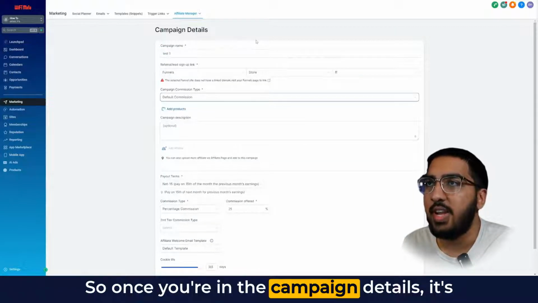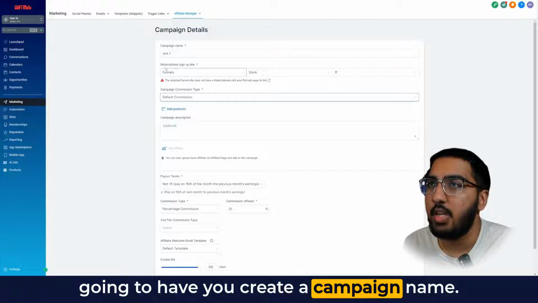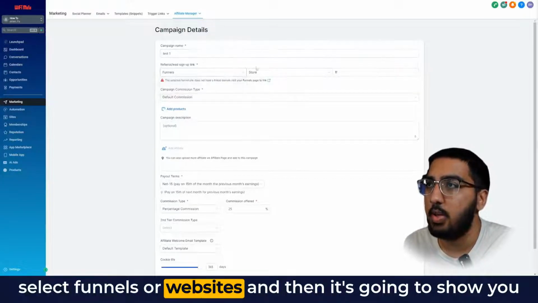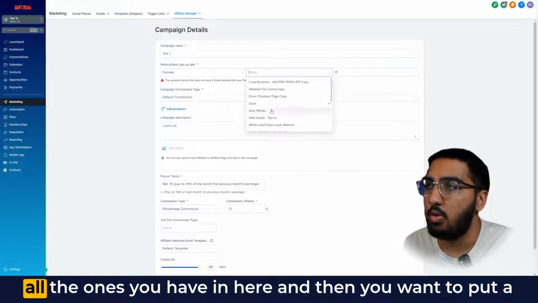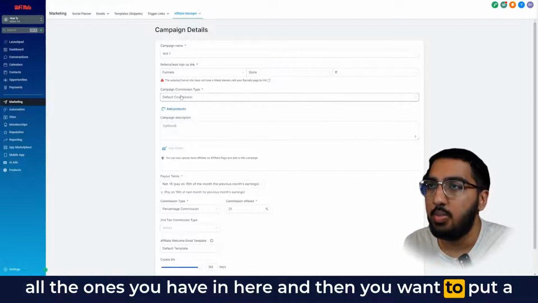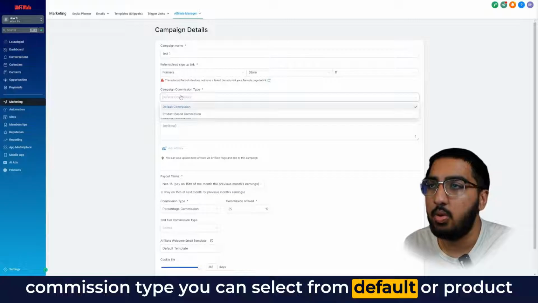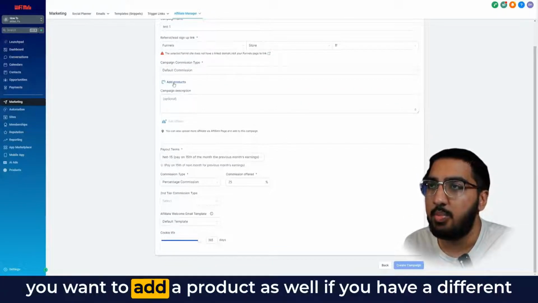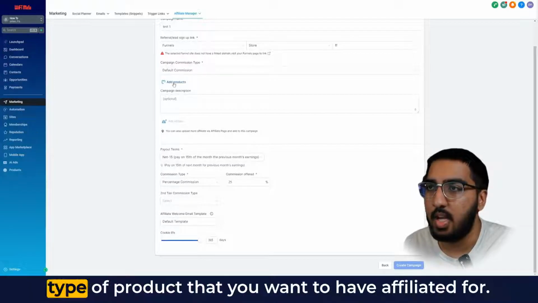So once you're in the campaign details, it's going to have you create a campaign name, the referral lead signup link. So you can go ahead and select funnels or websites, and then it's going to show you all the ones you have in here. And then you want to put a commission type, you can select from default or product based. And if you want to add a description, you can. And if you want to add a product as well, if you have a different type of product that you want to have affiliated for,